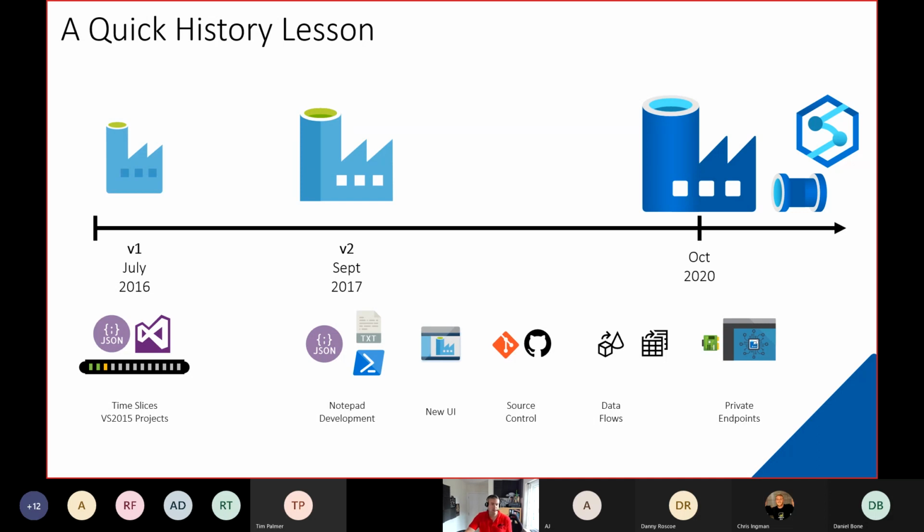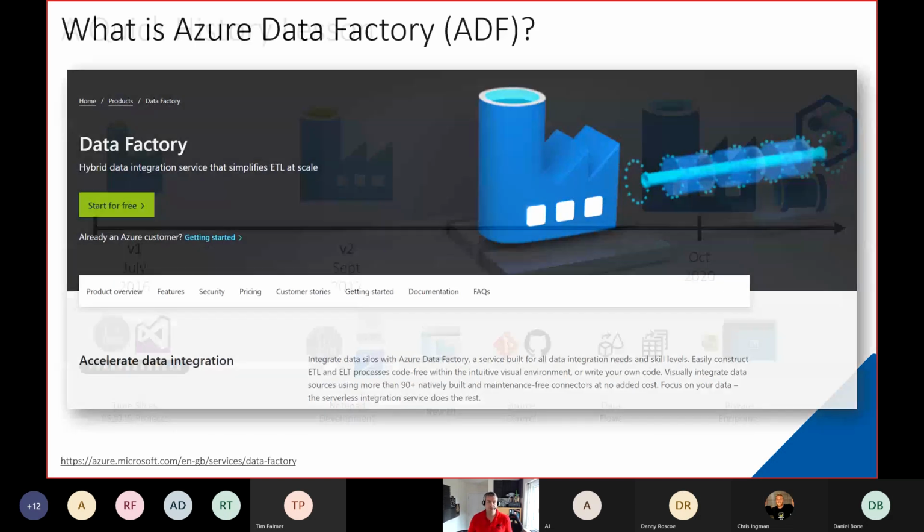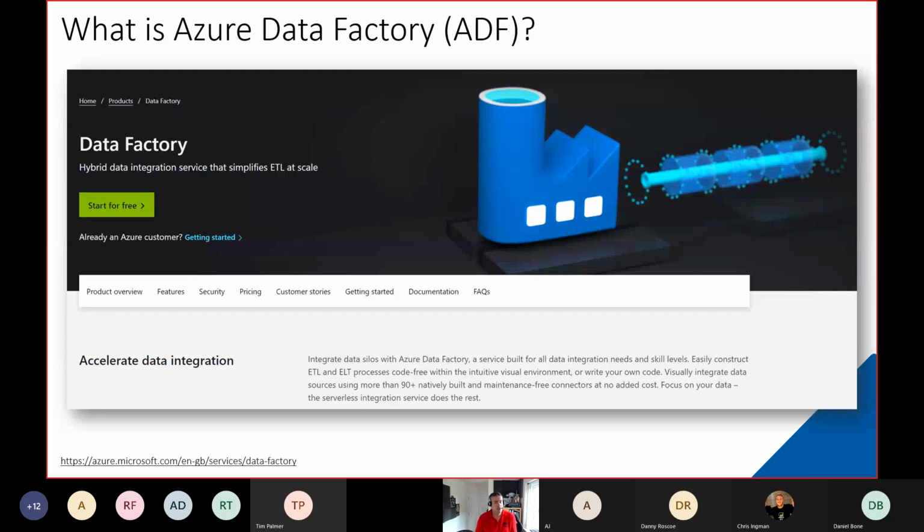Anyway, quick history lesson. It's been around for a while and it has matured. So 5 years of maturity is pretty good going now for this resource. But what is it? Well, if we ask that question of Microsoft, and I do this a lot, to see what the marketing people ultimately tell us